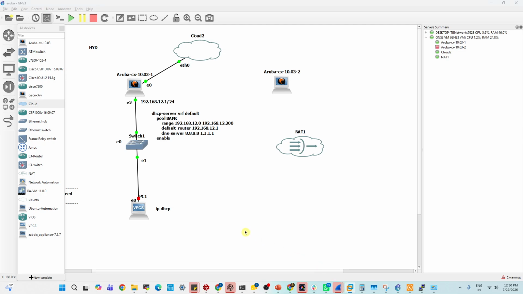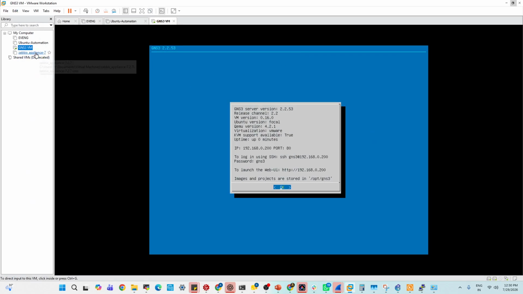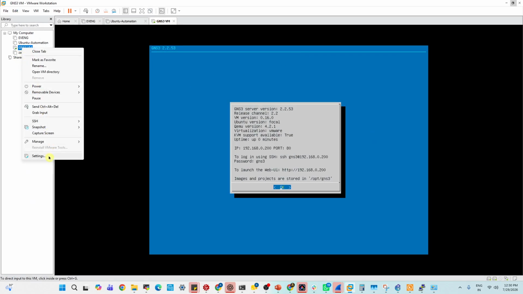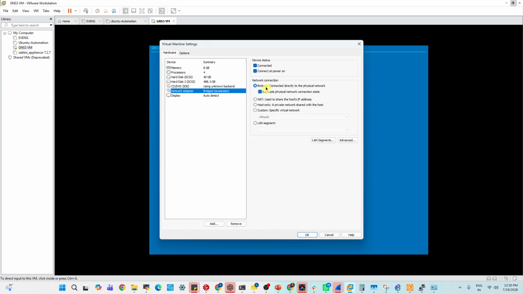Now in VMware, the important setting is you need to go here, right click on it, go to settings. You already set up the GNS3 VM, right? So right click on it, go to settings, and here please choose bridge network. Don't choose NAT network, choose bridge network, so that everything is under the same network. If you go with NAT, there are packet loss issues, and NAT is not happening internally properly, so there are communication issues. So select bridge only.